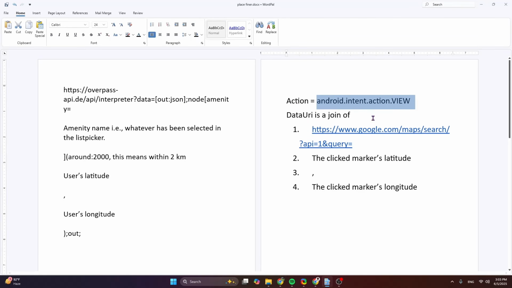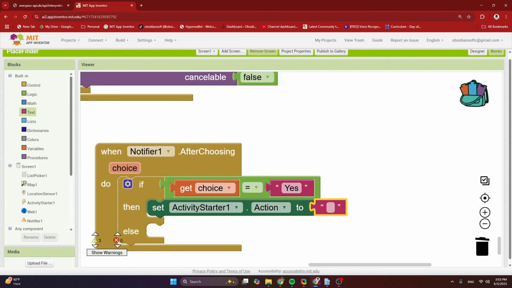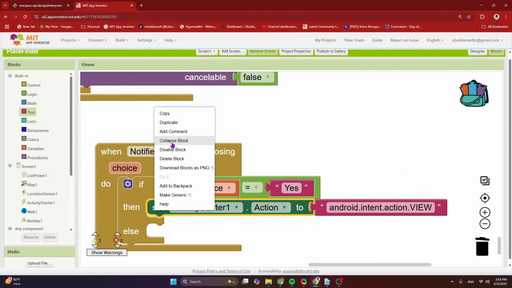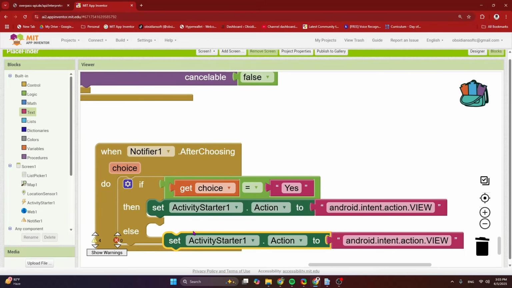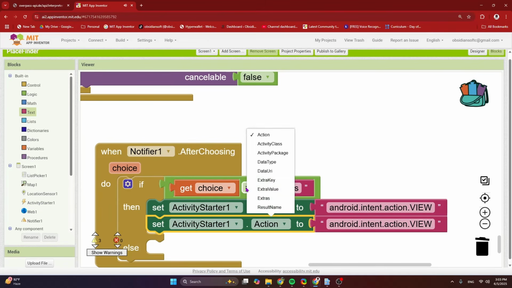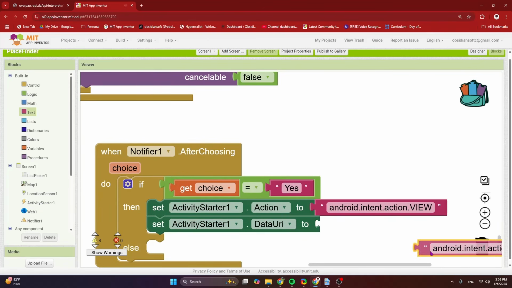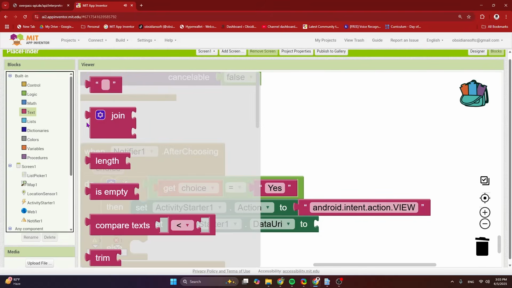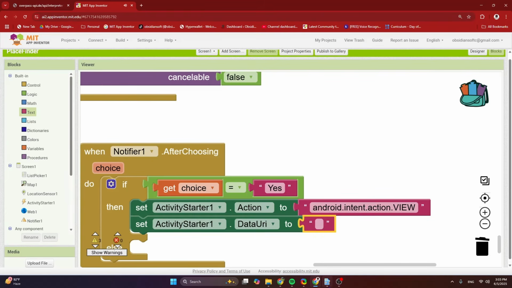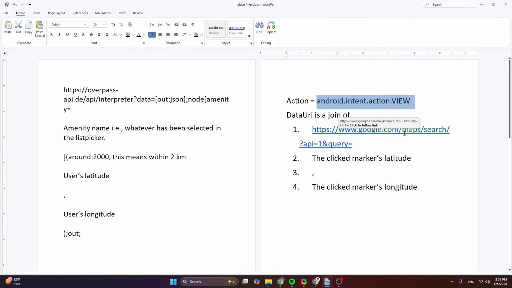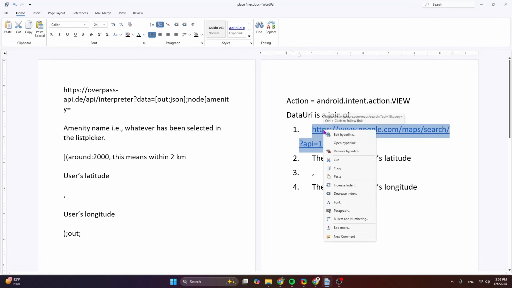So android.intent.action.view, and then my data URI of activity starter, so I can right click, duplicate, choose data URI, an empty text block that says this. So this is the way to start Google Maps in activity starter.